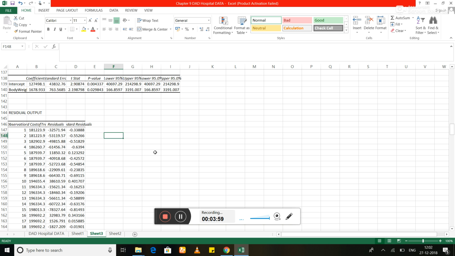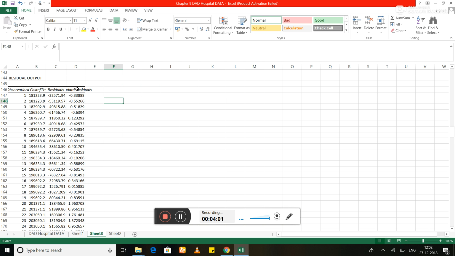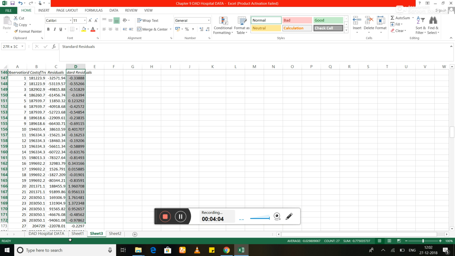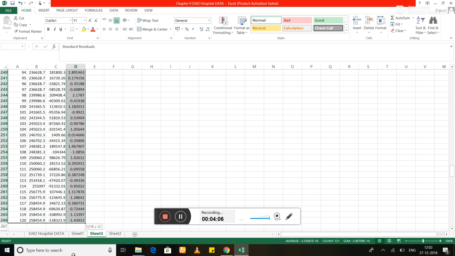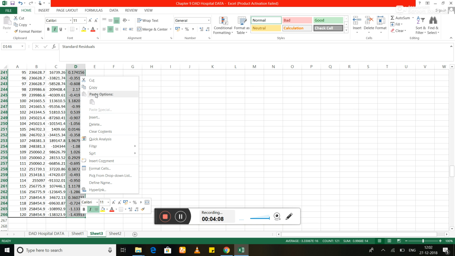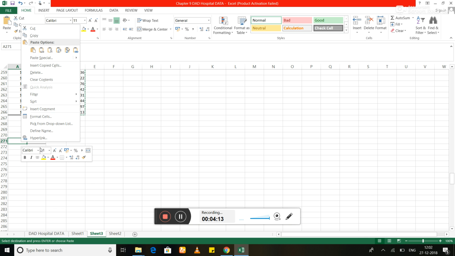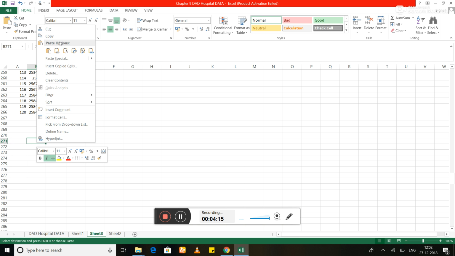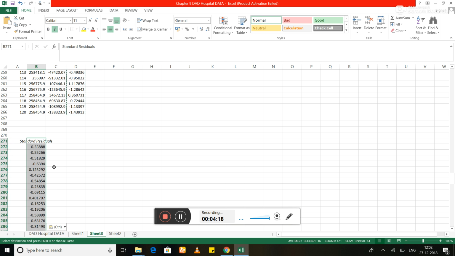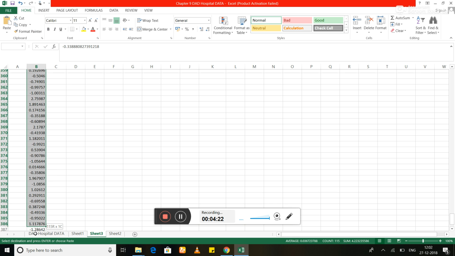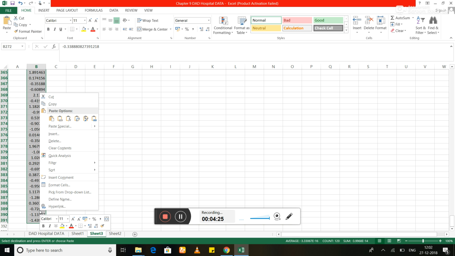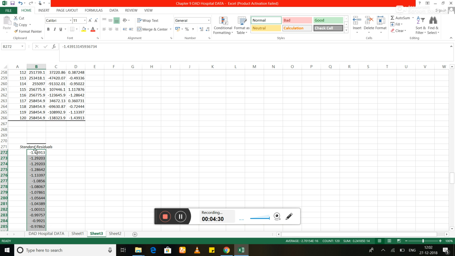So how to go about it, I'll show you here. Please follow. I have obtained the standardized residuals. Just copy that column and paste it here. I simply copied the standardized residuals. Then we need to arrange these values in ascending order, or sort smallest to largest. Just select the values, right click, and choose sort smallest to largest. So I have taken the standardized residual values and arranged them in ascending order.